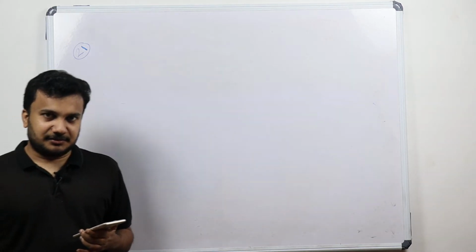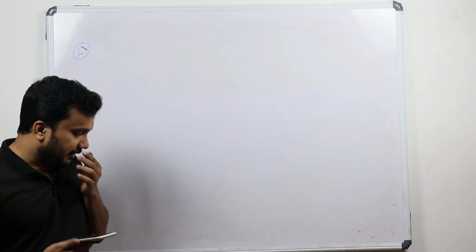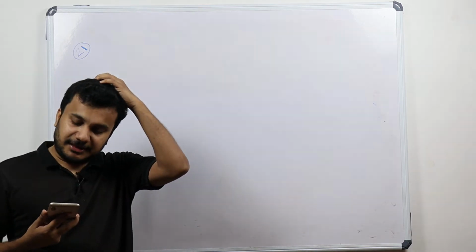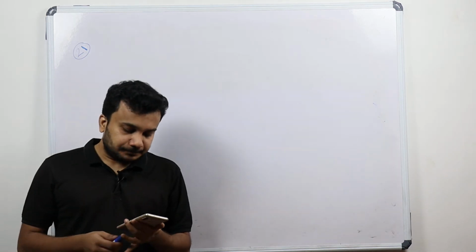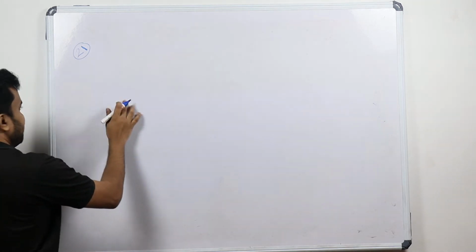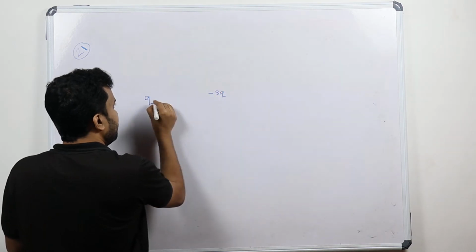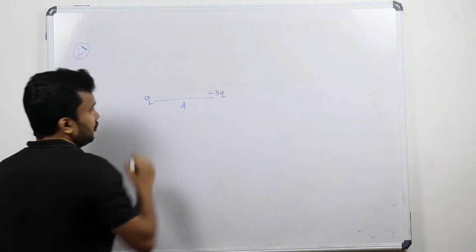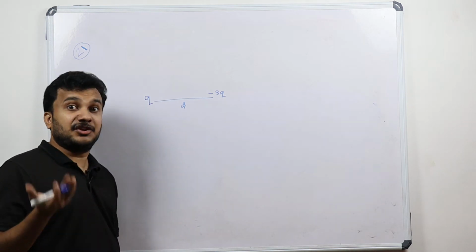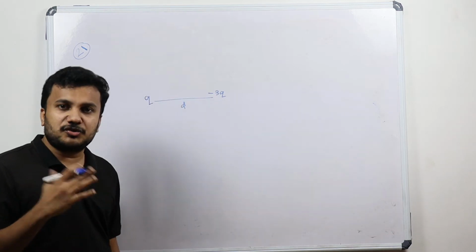To answer this question in a very fast way, you have to watch my previous videos, else also you can answer it, but it's a very time consuming task. How many charges will be here? Two charges will be here. Hope you remember my sessions. If you have two charges plus Q and minus 3Q, these two charges are separated by a distance of d. Are these equal charges or opposite charges? I am not asking about the magnitude. Magnitude wise this is 1Q, this is minus 3Q. Sign wise, opposite or equal?